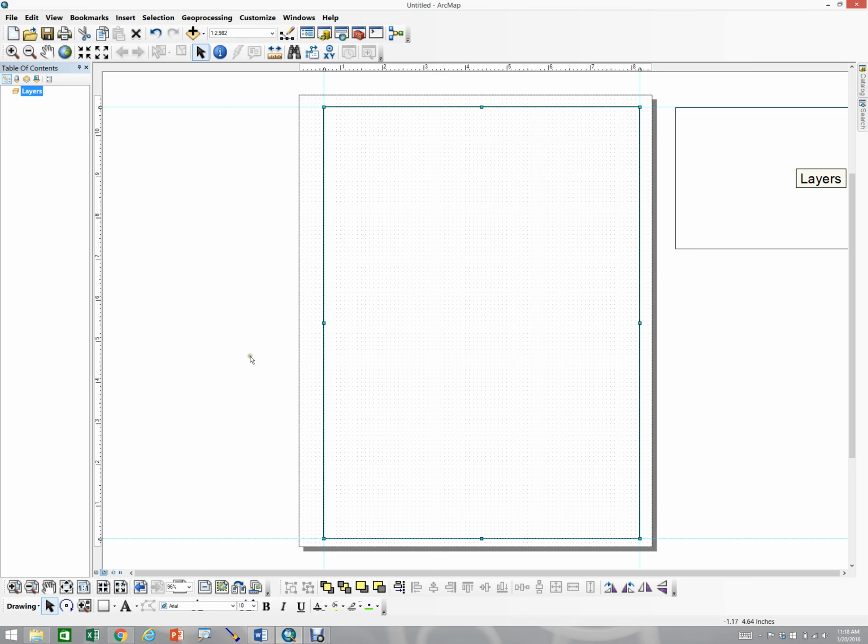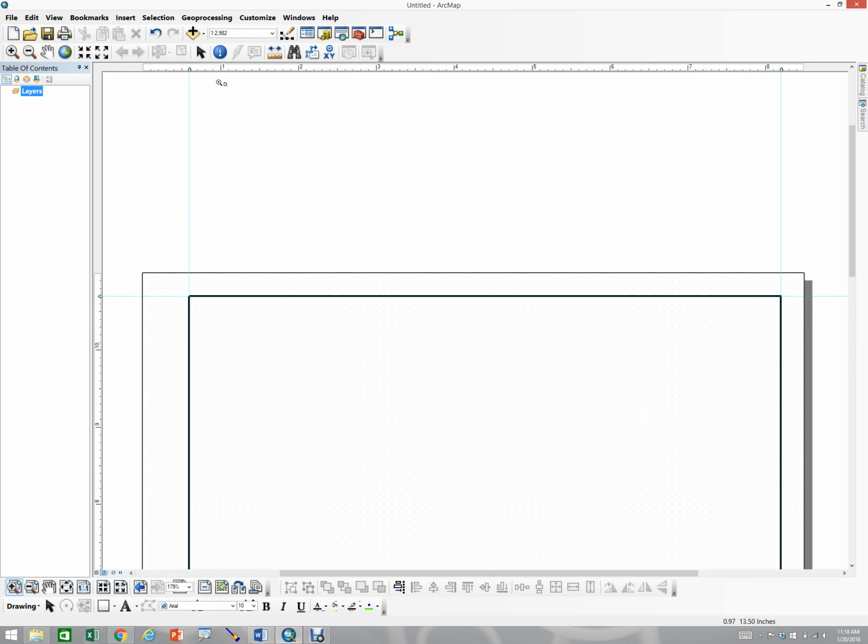Apply and OK. Okay, it's really light underneath there since the cyan lines are covering it. Now the next thing I need to do is set guidelines again. So I'm going to use this zoom down here, and I'm going to zoom into the top. I need to set guidelines at 0.7, so